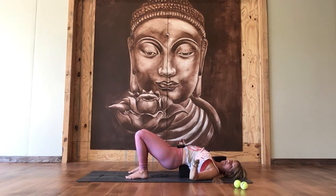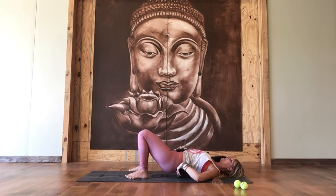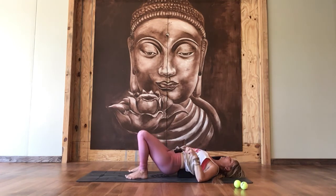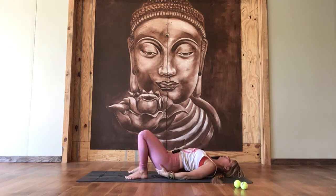Now, if you have a herniated disc or something like that, then what I would encourage you to do is use a smaller block. Maybe something like this, where it's a little gentler, so that it becomes more about recreating the lower dorsal curve. But again,